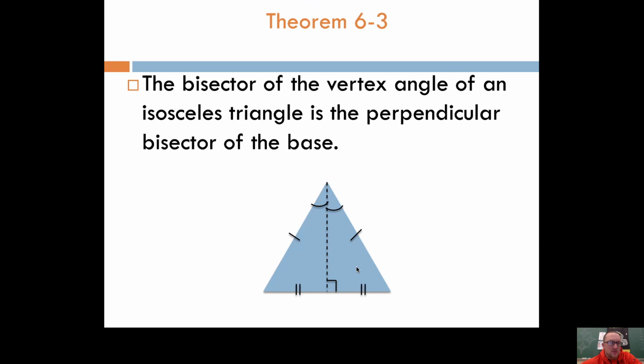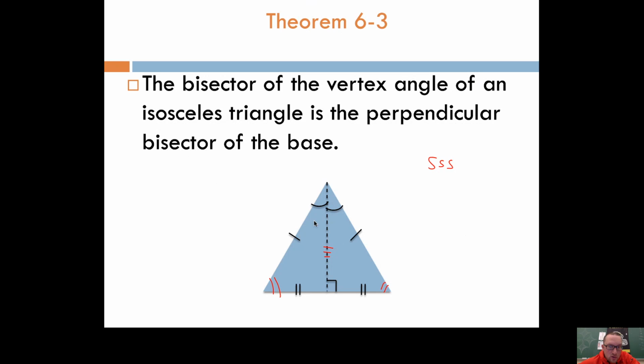So if you look at this for a second, notice how there's two triangles inside of an isosceles triangle. And these two triangles are congruent to each other. So since this is an isosceles triangle, these are the base angles. They're definitely congruent to each other. This segment is on both triangles. It's congruent to itself. These two triangles are congruent by side, side, side, because you got three pairs of congruent